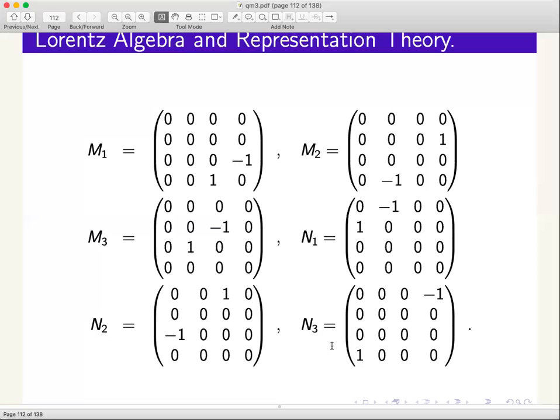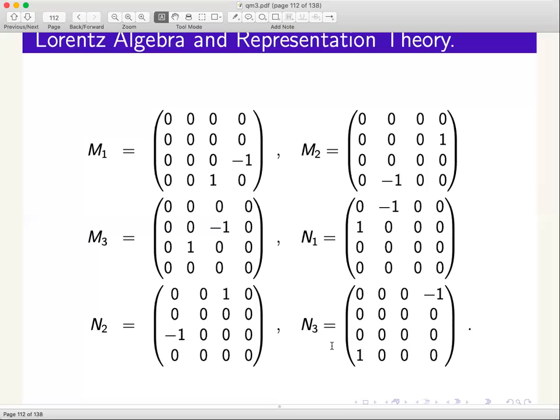Rotation of xy plane, rotation of yz plane, and a rotation of xz plane, 3. Okay, and those 3 are the generators that we wrote down, and they were interpreted as a rotation about z axis, x axis, and y axis respectively. Okay, but in higher dimension it wouldn't work this way, so it is best to define rotations as rotations of